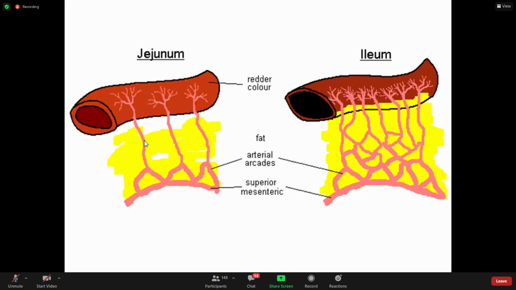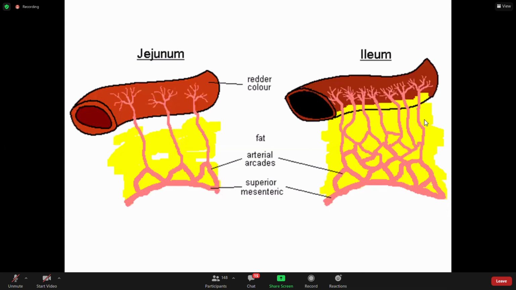यहाँ से हमारे सामने पैरेलल ऐसे आर्टरीज रन करती है towards the wall of your intestine, and these vessels, rectus, मतलब कि लंबी लंबी आर्टरीज बेसिकली, ठीक है. तो these straight vessels they are termed as vasa recta, ठीक है. तो क्या हुआ, सुपीरियर मेसेंट्रिक से ड्यूजीनियल या इलियल ब्रांचेस निकली, उसने मेसेंट्री में एंटर किया. मेसेंट्री में एंटर करने के बाद उन्होंने अलग अलग कई सारी ब्रांचेस बनाई और ऐसे आर्केड बना लिया. अब इन आर्केड से चाहे वो ड्यूजीनियम हो या आइलियम हो, डिफरेंस केवल है कितने फ्लोर का आर्केड बन रहा है या कितनी रोज का आर्केड. उन आर्केड से फाइनली आपको लंबी लंबी ऐसी आर्टरीज, सिंगल स्मॉल ब्रांचेस निकल रही है लॉन्गिट्यूडनल, which is going towards the wall of your intestine, ठीक है. उन पैरेलल स्ट्रेट वेसल्स को हम वासा रेक्टा कहते हैं, ठीक है. तो ये वासा रेक्टा है, ये वासा रेक्टा है, इधर ये सारी वासा रेक्टा है, ठीक है.